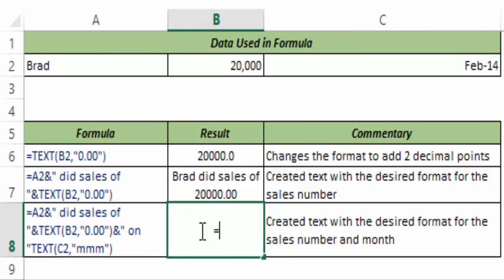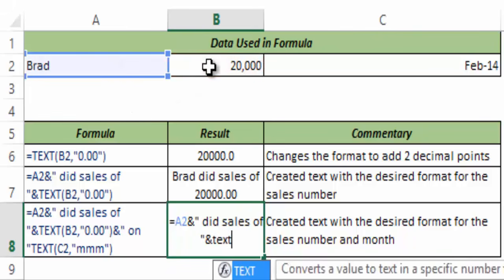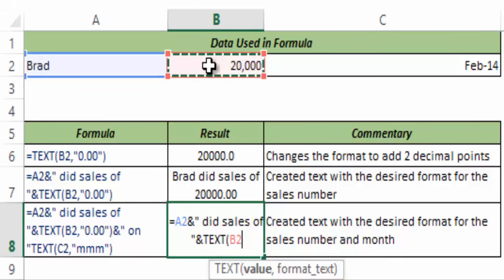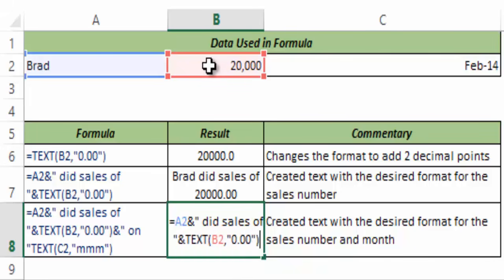So I can again use here Brad ampersand space did sales of space ampersand. I use the TEXT function here. I say give me B2 in the format 0.00, in double quotes, I close this and I say ampersand, and this sales was done on, and I